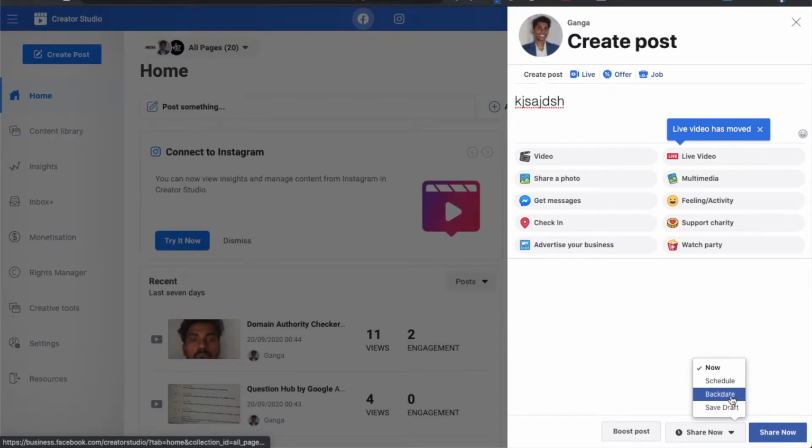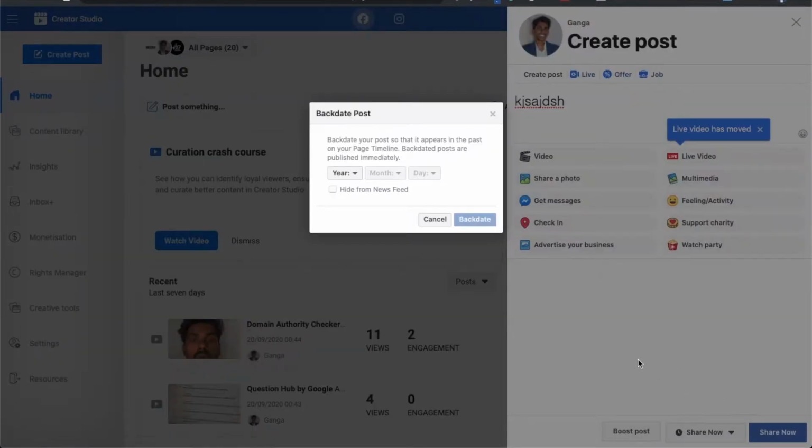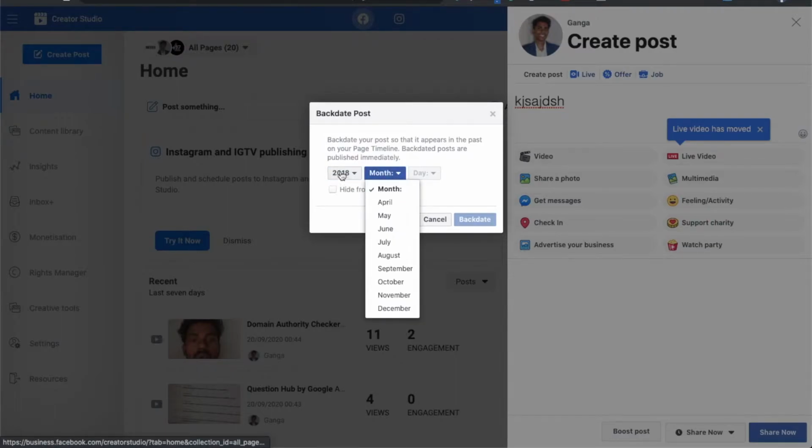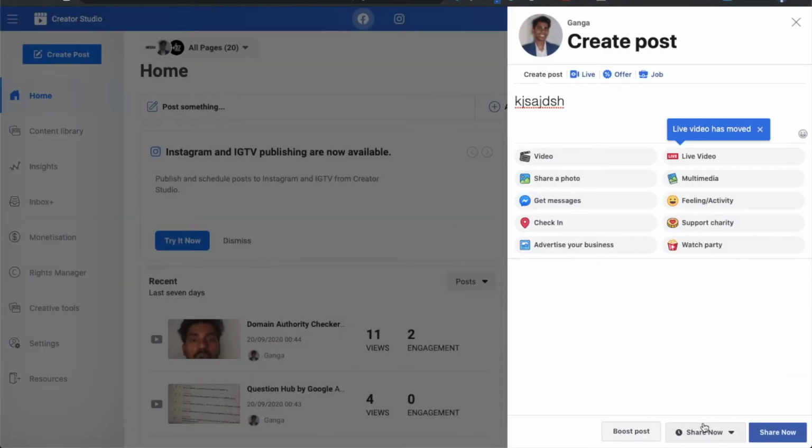For example, today is 22 September, but if you want to post content for 20 September, you can do that also. You have to select the date and year, and the content will be posted in the back date. This is a very useful feature offered by Facebook, so you can try that also.